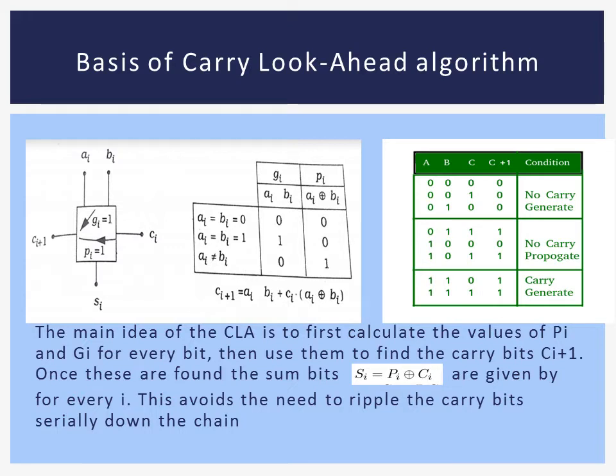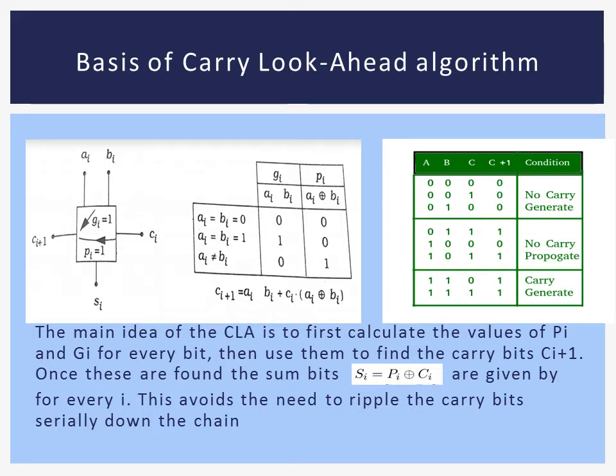So when either the generate or the propagate term is equal to 1, you will be getting Ci plus 1 equal to 1. So you can see here Ai into Bi, Gi will be 1, and if carry in is 1, then that will be propagated as Ci plus 1 even if Ai and Bi are not creating a carry as 1. So whenever Ai is equal to 1 and Bi is equal to 1, then only carry will be generated. That means the generate term will be giving you the carry.